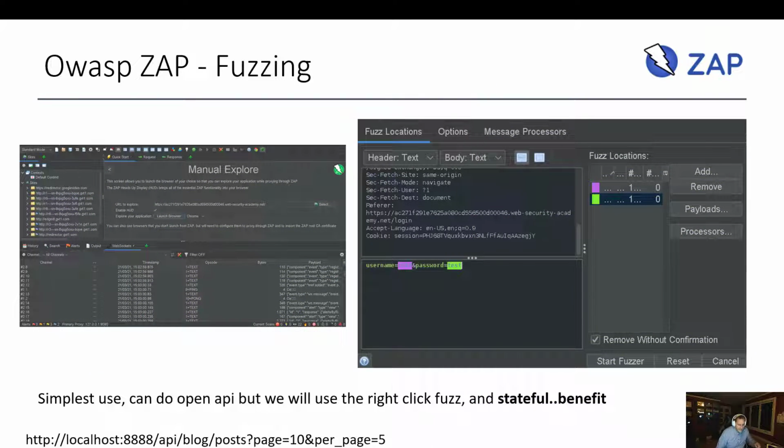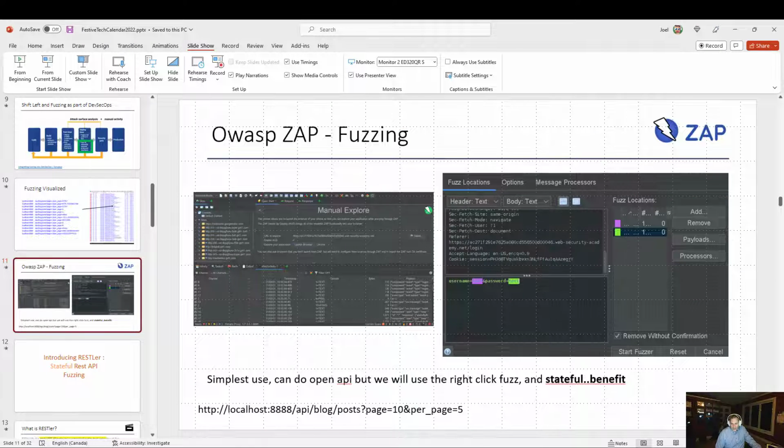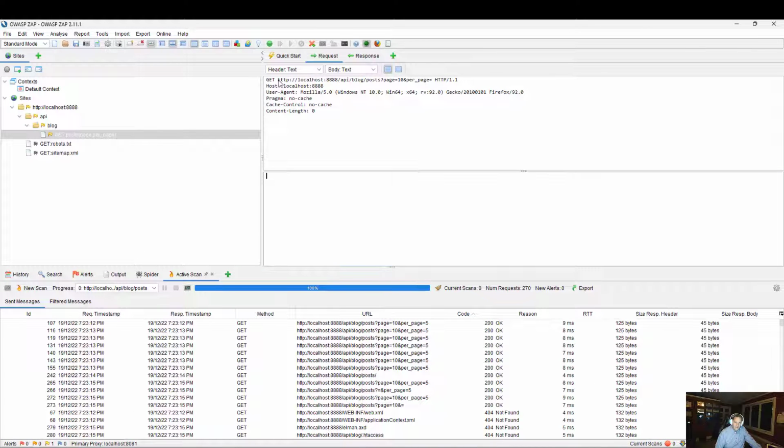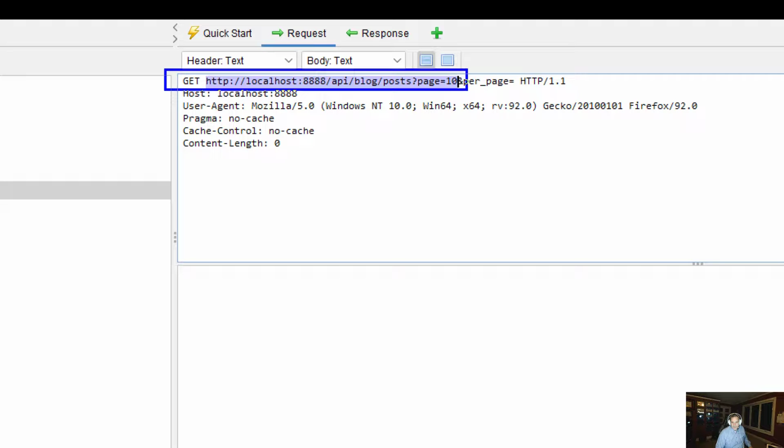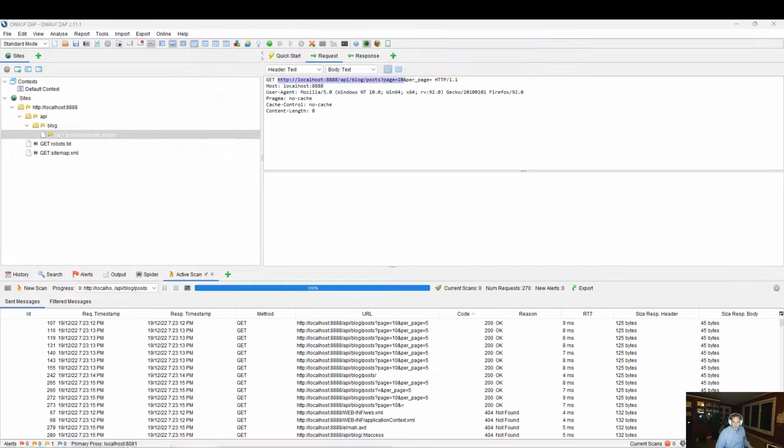So let's just take a minute here and take a look at OWASP ZAP and one way that was traditionally done. You can definitely take OWASP ZAP and take an OpenAPI spec and fire against it. But at its most basic rendition, if you take OWASP ZAP and just fire it in a non-stateful manner, not analyzing the OpenAPI spec, definitely you can take an address. So in this one, I just did an active scan against this area here, localhost API blog post, which is the API that we'll be